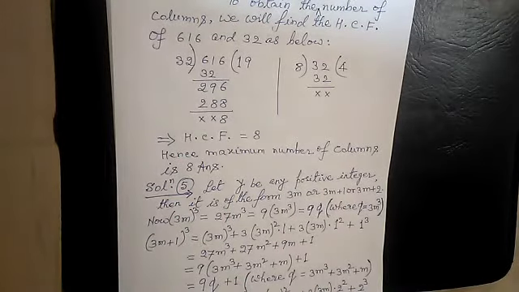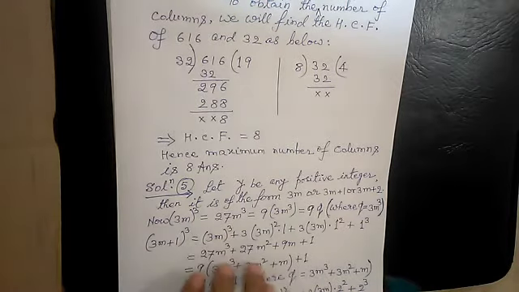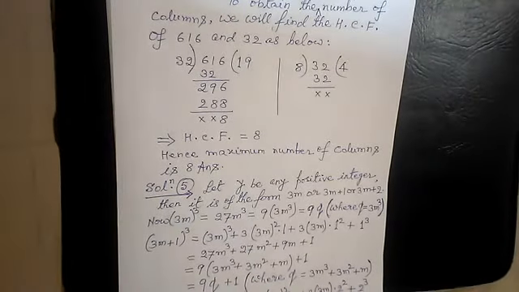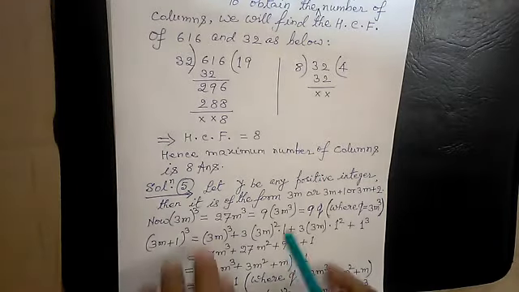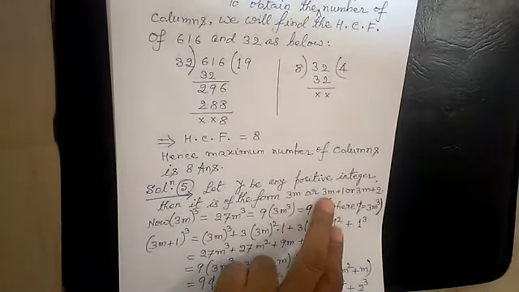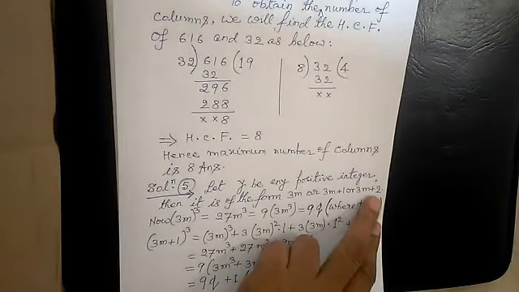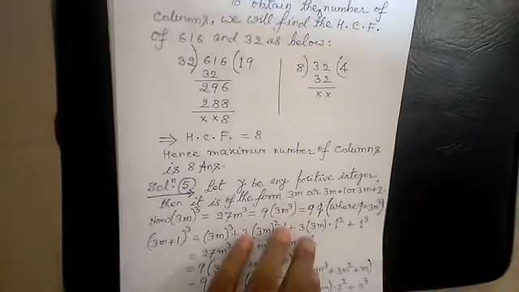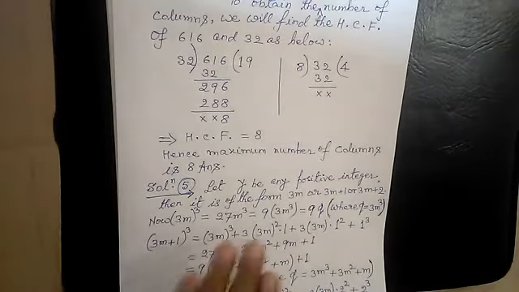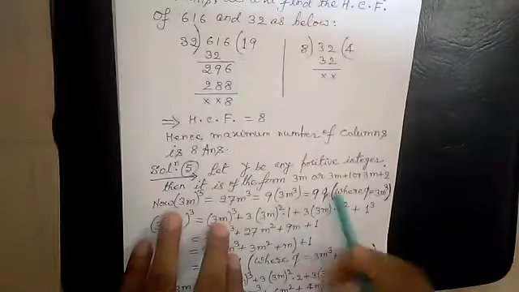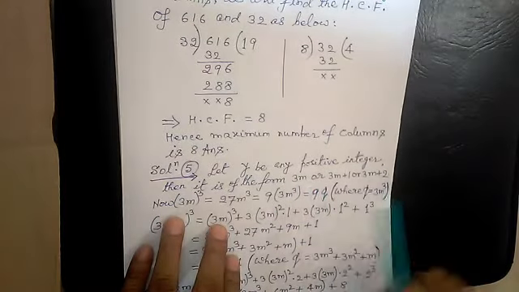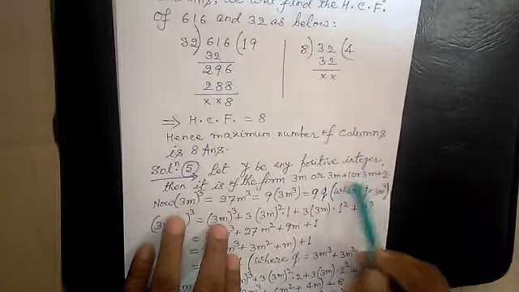In 3m, 3m plus 1 and 3m plus 2, because we have to prove this sum, and in the sum you see there is 9. We have to prove the forms 9q plus 1 and 9q plus 8, and it is also given cube, cube of any positive integer. That's why we have taken 3, because when you cube it, you will get the answer in the proper form. Now start cubing one by one each of these integers, 3m, 3m plus 1, 3m plus 2.